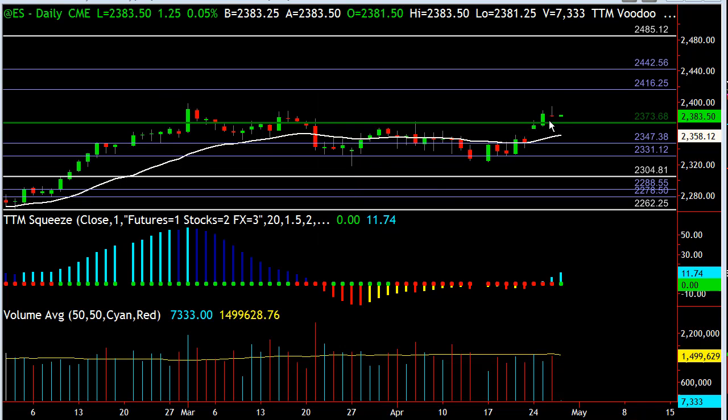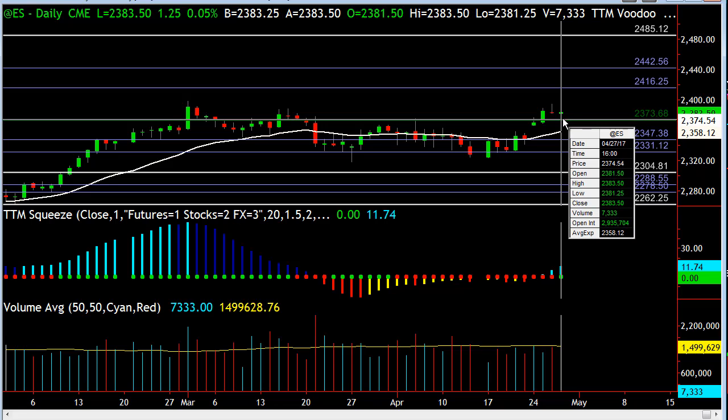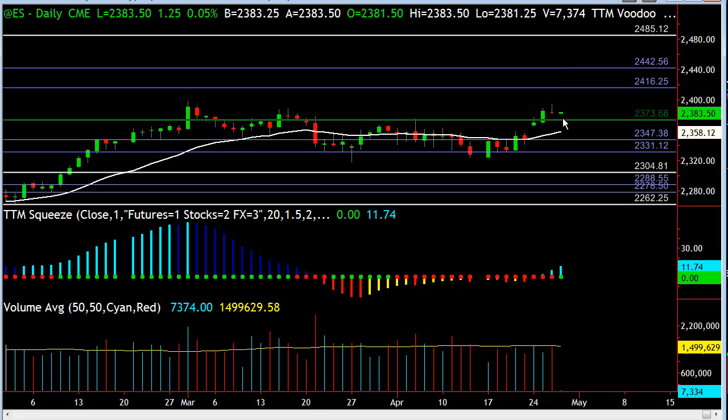So I would look, we're at 23.83 right now. We got a voodoo line here at 23.73. I think it would make sense that we would test that at least by some point tomorrow. Okay, so anyway, that's what I'm looking at in the short term here, and then I'll cover a lot more